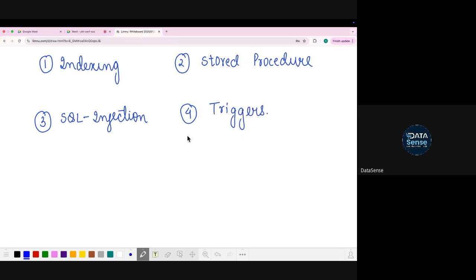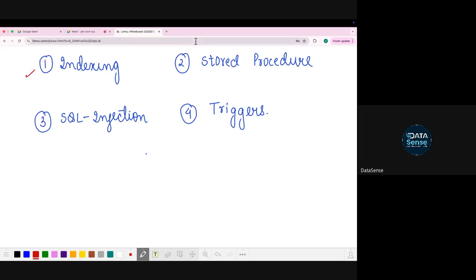Of course, there can be more performance tuning parameters as well, but for the scope of a data analyst and a basic data engineer, I think these four are more than enough. You don't need to go into much depth. People who are preparing for database roles, like proper SQL developer roles, might need to dig in a little bit more, but that's fine. That's not in the scope of this particular course. Okay.